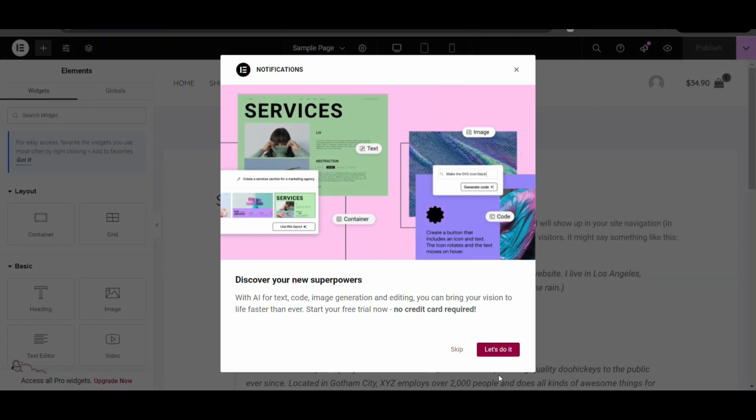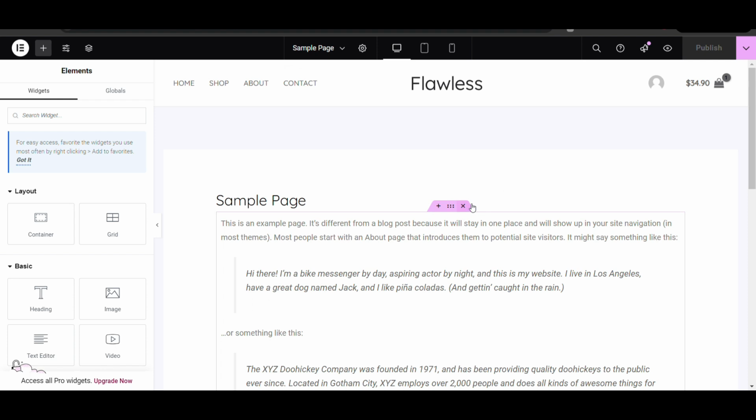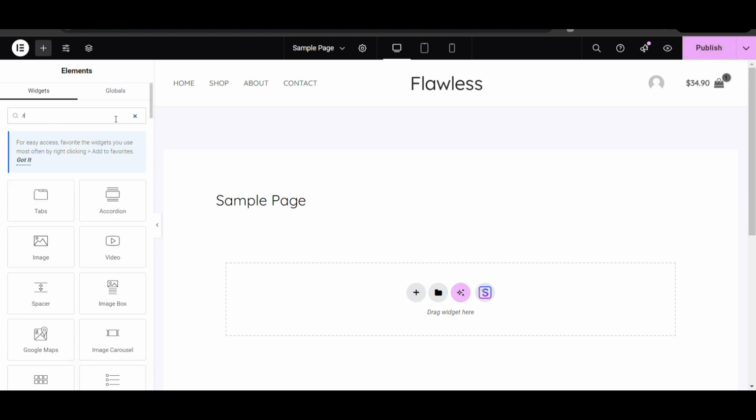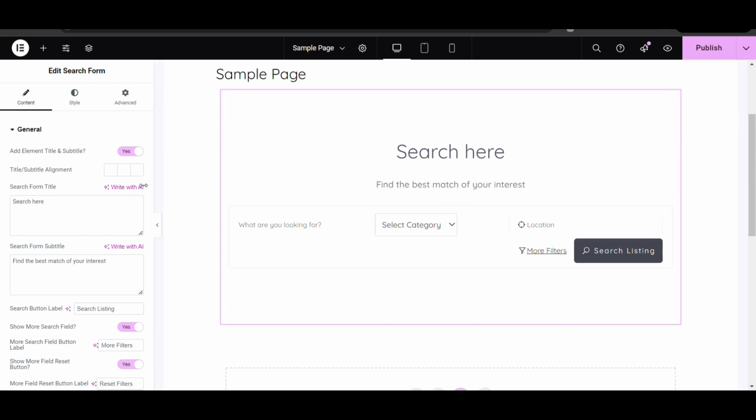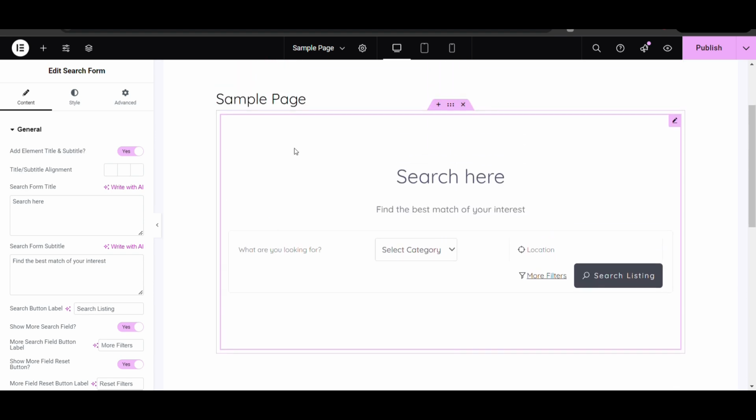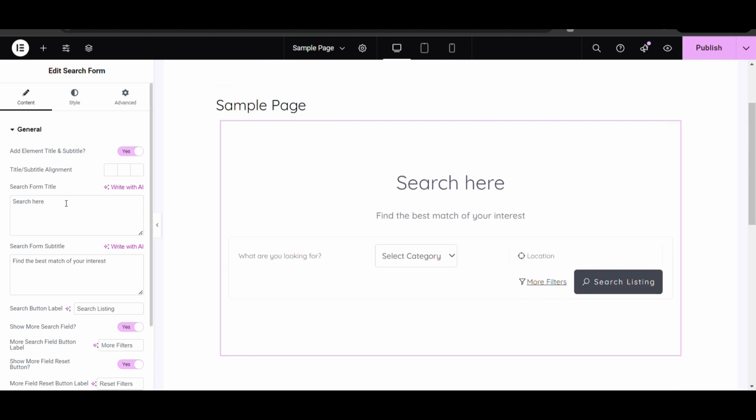I will show you. Remove everything. Here you can see the search form. I can drag and drop easily. Here, search form. You can create page views using Elementor, also using this plugin. You can see that's how it is.